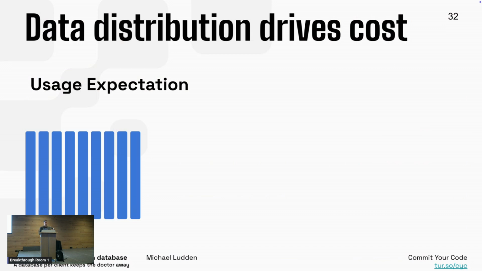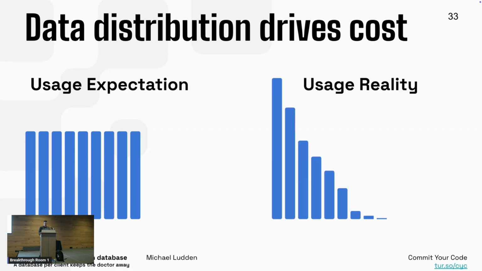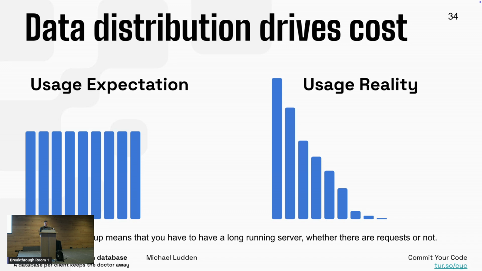So this is the usage expectation that people have when they think about how people are going to hit the database, right? Query the database. And this is the usage reality. I think most people who've ever tried to do a SaaS product have experienced this. You have a few users that cost a lot because there's just tons of usage, and then most users use it very little. But you end up having to pay for all of it to keep the database up and running all the time, just in case, so that nobody has a horrific experience.